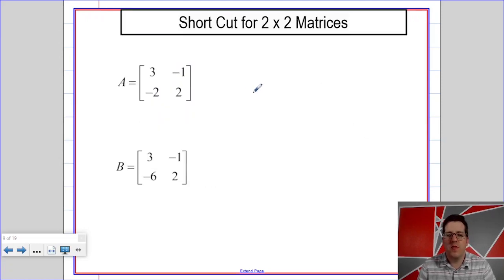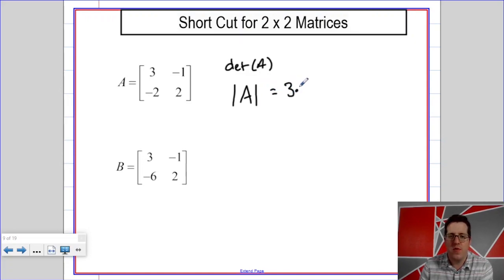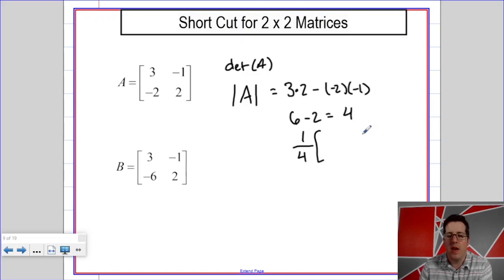So the first thing that we want to do is calculate the determinant. The determinant of A, which is also written as A in vertical bars, which you'd think of as absolute value bars, is 3 times 2 minus negative 2 times negative 1, or 6 minus 2, which is 4. So we take that and put it in the denominator, 1 over 4, and then we are going to multiply by the